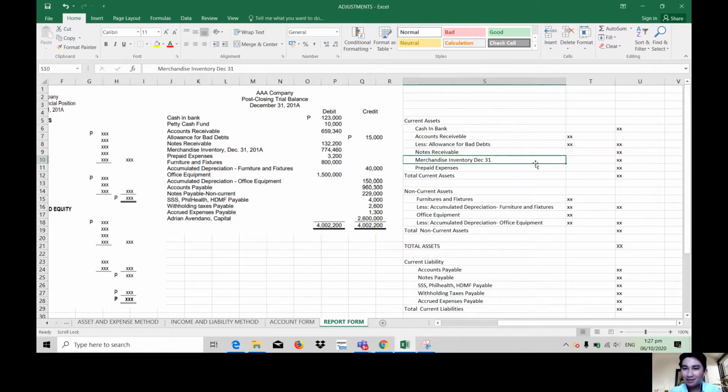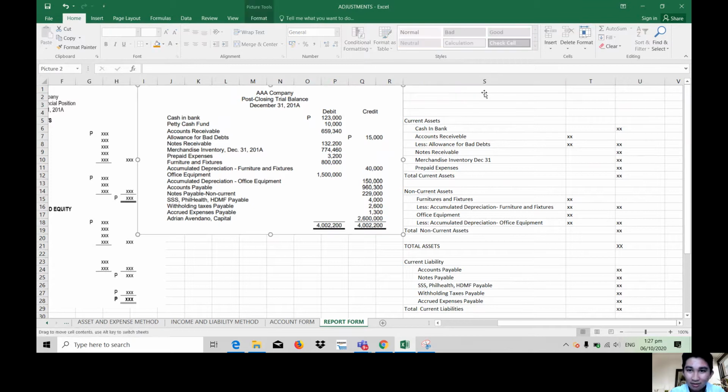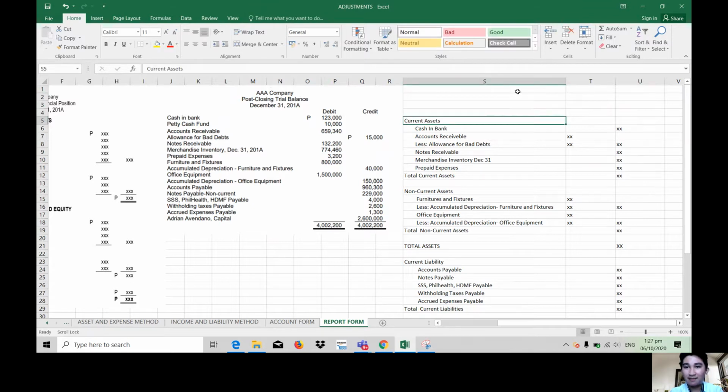We are using three cells, this one cell and this one cell. For us to place it in the middle, we have to merge cells. Since we have three rows, we are going to merge three cells. This is how you do it. Just highlight the three, then click merge. Then put